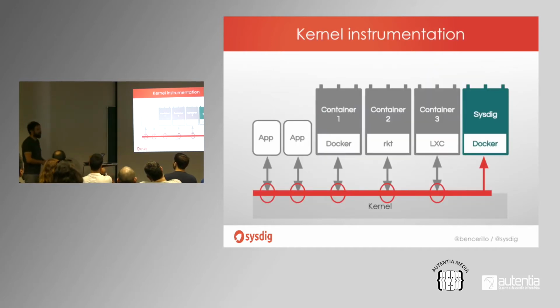I'm going to talk about the technology we created at Sysdig. Basically, we have taken a very different approach. We sit at the kernel level. We have a very small kernel module that captures all the system calls, and from the system calls, we can have full visibility of everything happening on every computing node. Because of how containers work, they share the kernel with the host, so we can see everything. There is no need to instrument new containers or containers being destroyed, and we can see the processes running inside each of the containers and all the metrics.